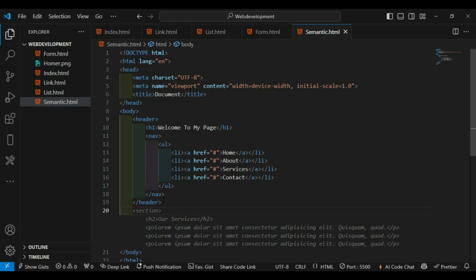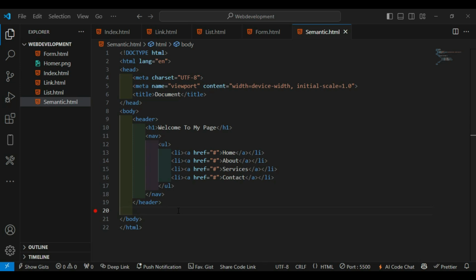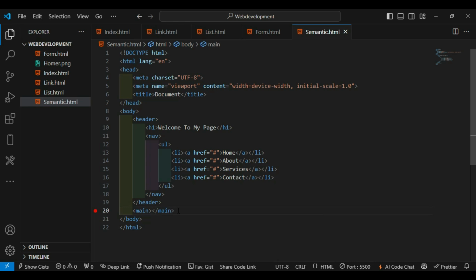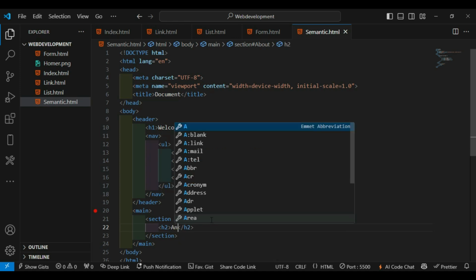Now in the main, I could have different sections. So I'll say main, right? Now inside the main I have section. Inside the section I give an ID of about. So basically once someone clicks on this part where you have about, you'll be bringing the person to this section of about. So let's say something random here, h2, say about us,